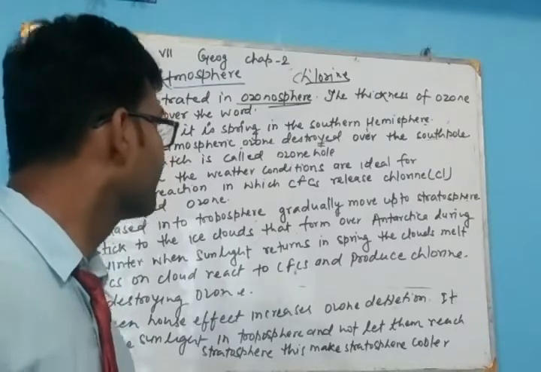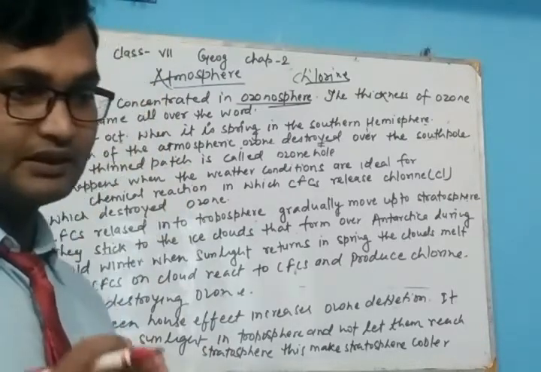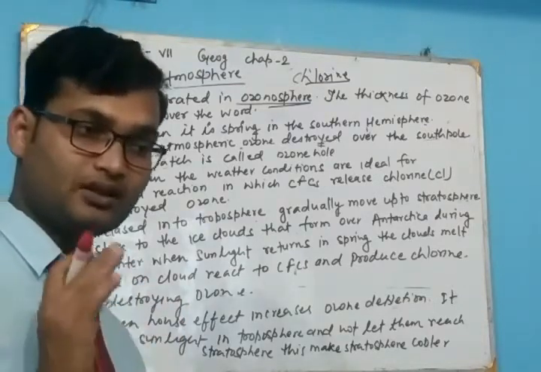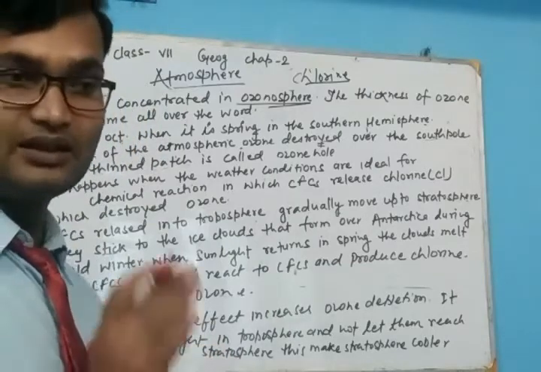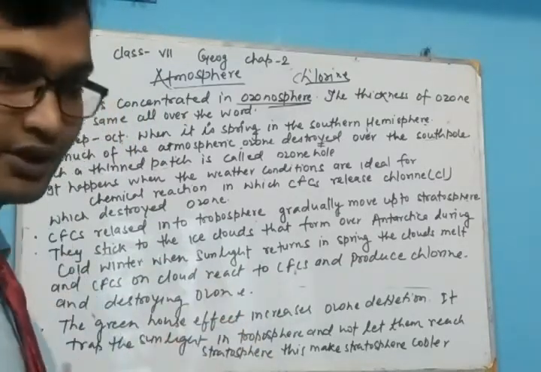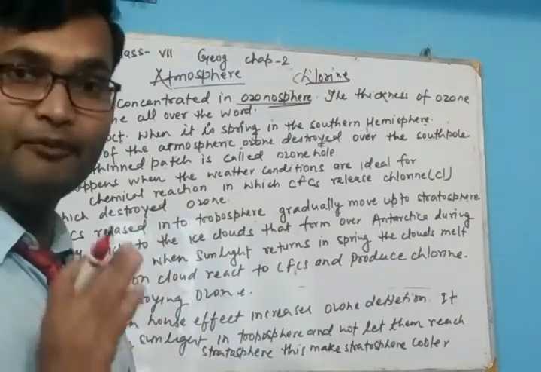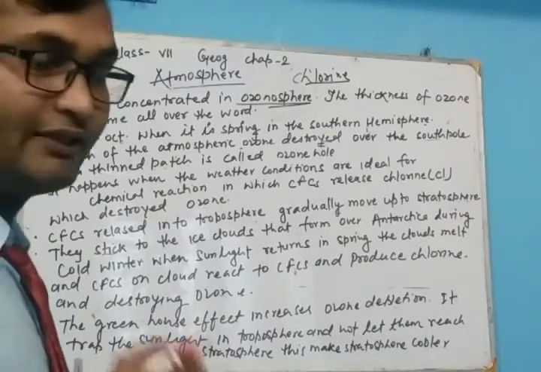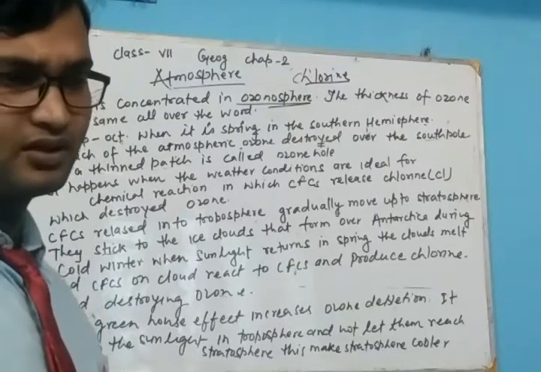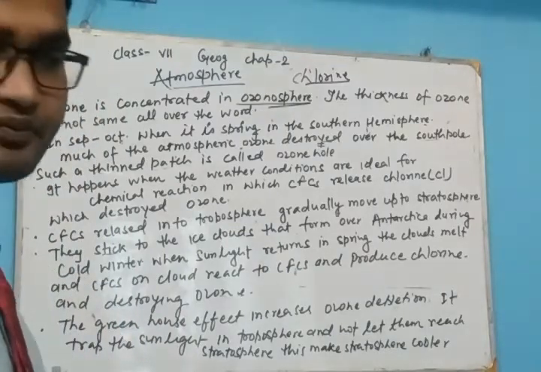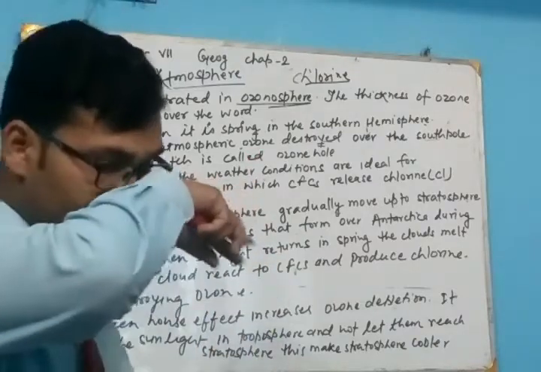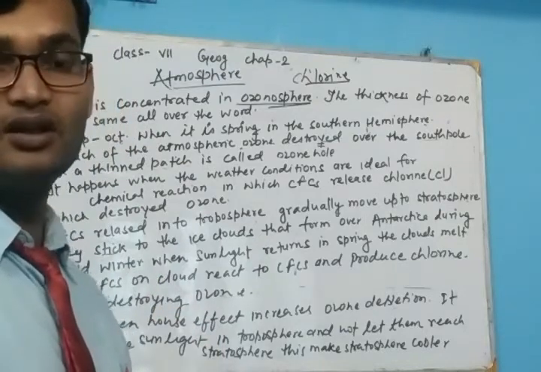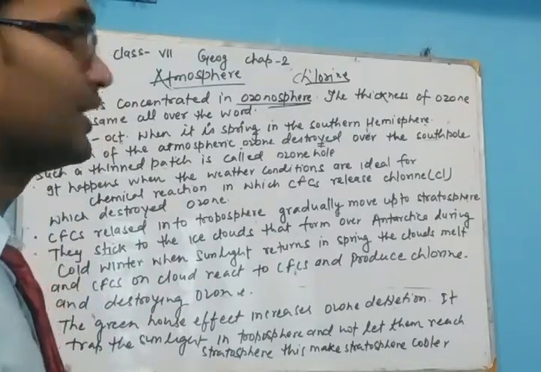During summer, the troposphere gets heated and the heat does not escape into space, it does not go up to the stratosphere, due to which the stratosphere becomes cooler as compared to the troposphere. When it is cooler, then it forms many ice clouds. Ice clouds are formed in the stratosphere. CFCs stick with the ice cloud and move up to the stratosphere.